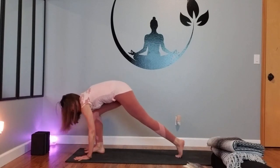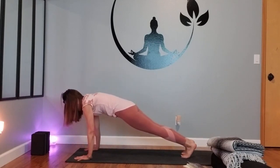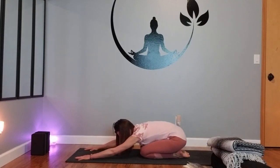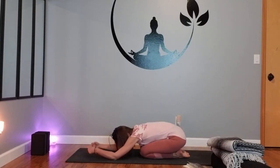Root your hands on either side of your feet. Step one foot back and then the other into plank. Drop to the knees and release the hips toward the heels. Go ahead and rotate through the wrists and release it out. Take a pause